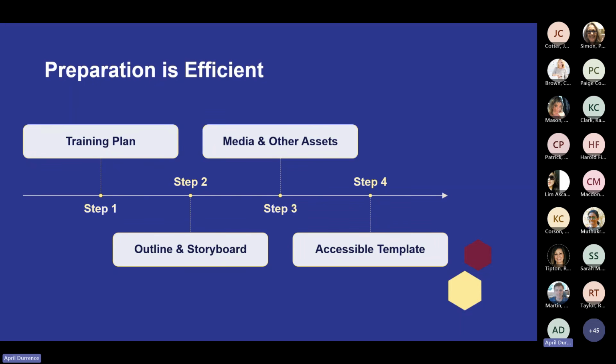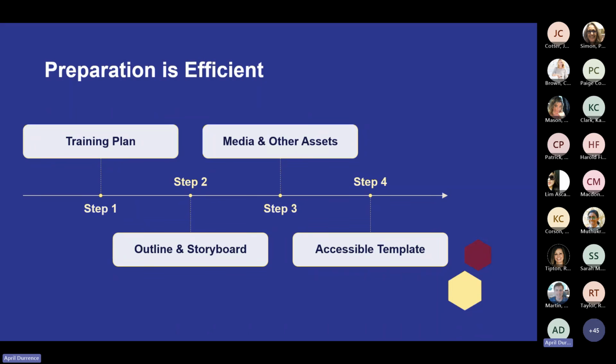Having a style guide and designing accessible templates for your chosen authoring tools gives you another head start. You can create reusable templates with accessible features built into your design in Articulate 360, Adobe Captivate, PowerPoint, or any other presentation tool. We'll take a closer look at some of those features in a few minutes.